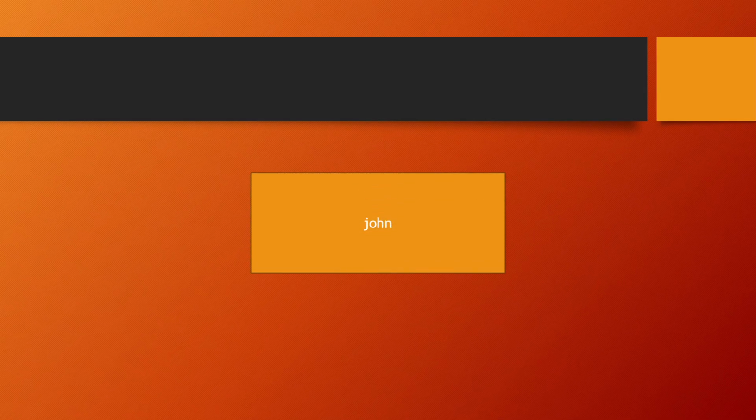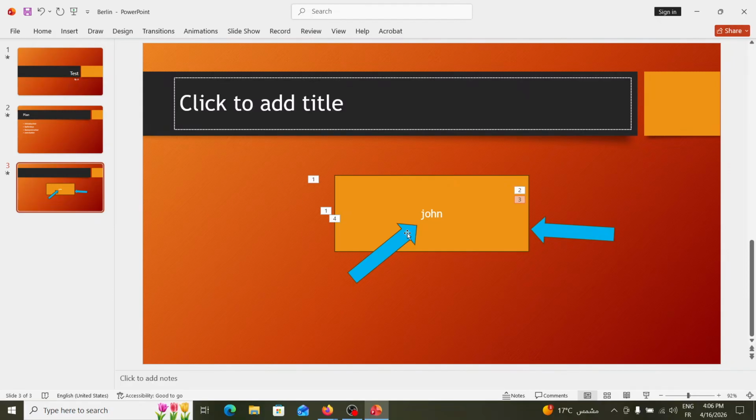Here we have this rectangle and then this arrow pointing to this rectangle, to the whole rectangle, and then it disappears, and then the second arrow appears pointing to the content of the rectangle. Okay, so